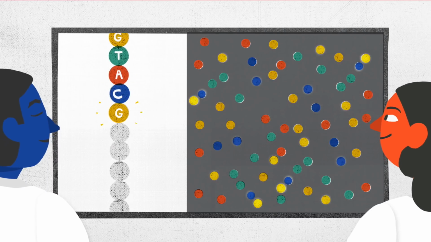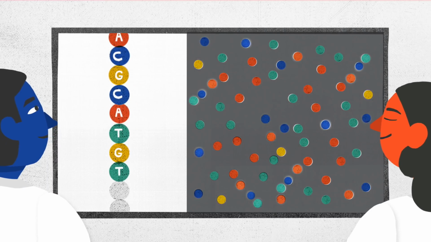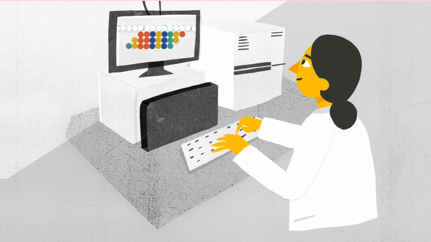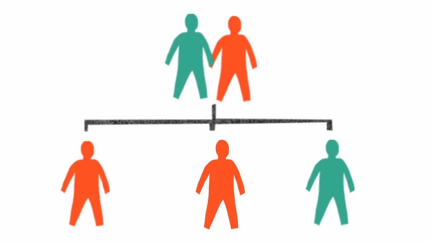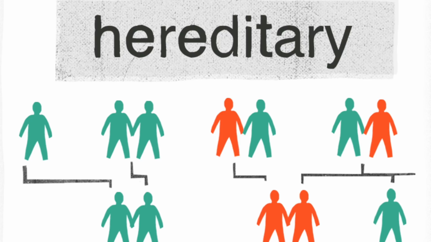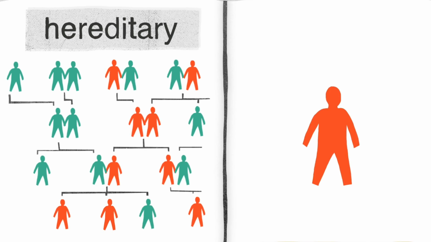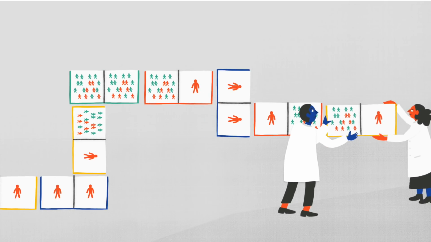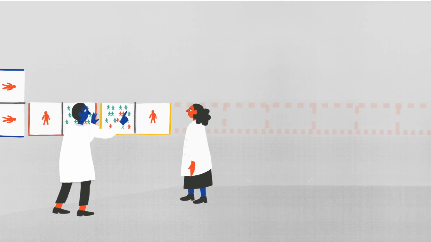By aligning, photographing and comparing the sequence of fluorescent bases in DNA from healthy and unhealthy tissue, experts can determine whether a patient was born with the mutation, a hereditary mutation that would have been carried by their ancestors too, or whether it occurred during their lifetime, or a somatic mutation. Telling apart somatic and hereditary mutations is a really important step in the prevention and treatment of all diseases, and